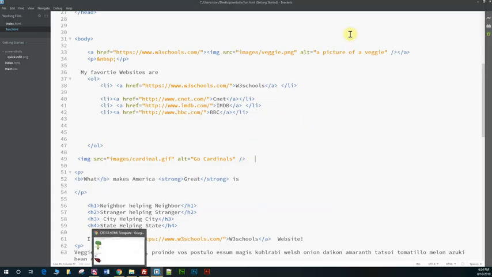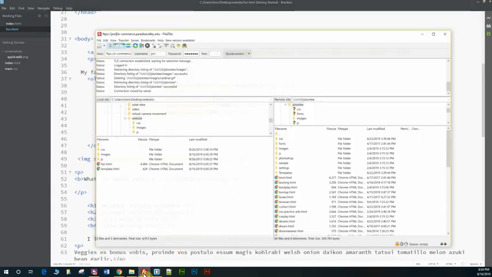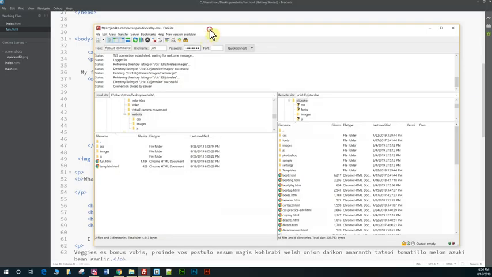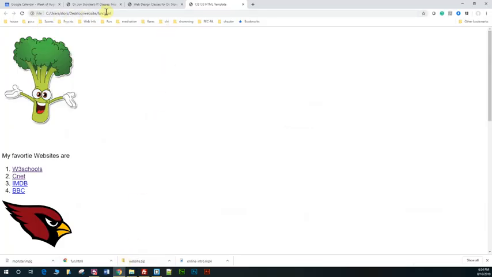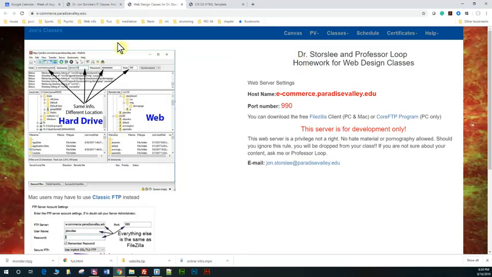Now the second mistake that most people make is they forget to send it up on the web. The changes that I have made are sitting on my hard drive, but they're not up on the web. How I know it's not up on the web is, see, I'm looking right here. It says C:\Users\Desktop, all that kind of good information. Well, what I want to be is I want to be on my